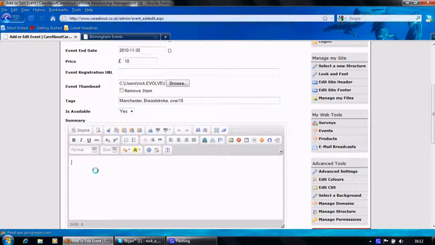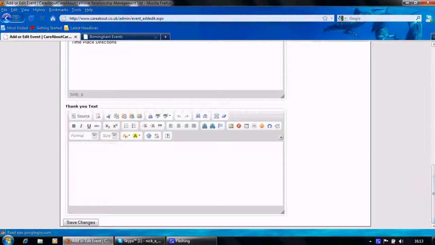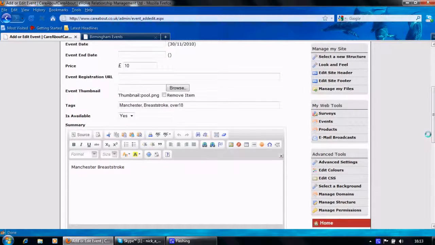and in the summary we're going to say Manchester breaststroke open over 18s, and the thank you text is going to say good luck, and we're going to save the changes. And we've now got our green box up saying it's been done, so we can go into events,